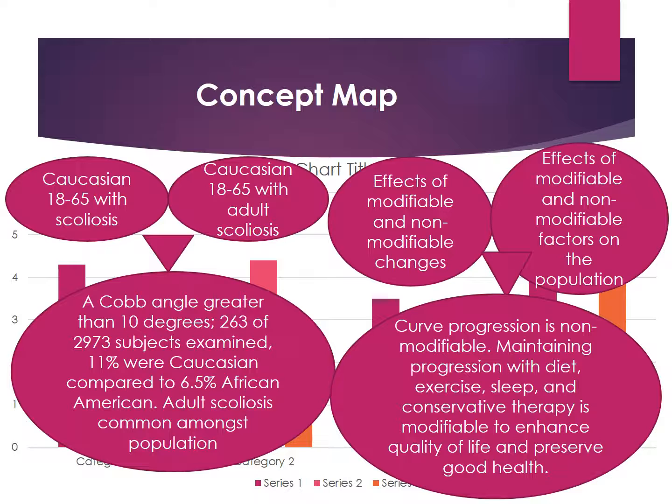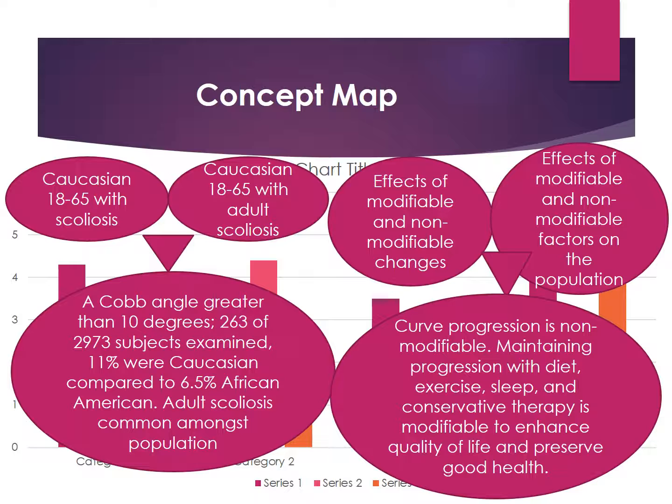Here I present a concept map. The concept map is designed to illustrate how the disorder affects a particular population and modifiable and non-modifiable factors which can influence the progression or maintain current status. So here we've seen that